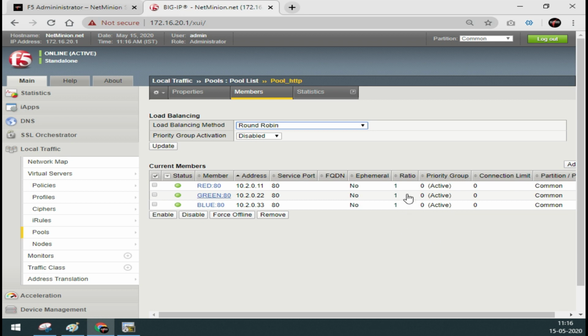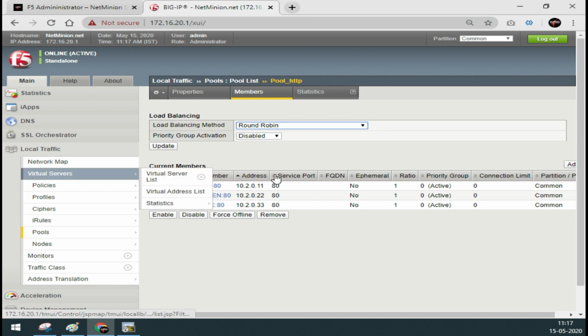Okay, and what is the difference between the pool member and the node? So a node is a whole application server which can serve multiple applications, and the pool member is whatever the pool is for. This pool is for HTTP and it is serving the HTTP service only. So we will say the pool member red means the node serving the application of HTTP only. Okay, so here you can check all of the status areas I have already shown you.